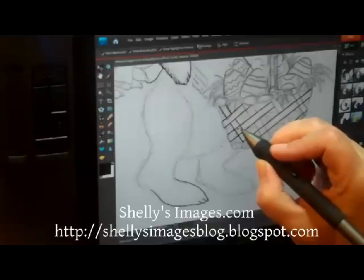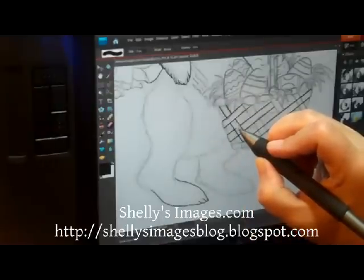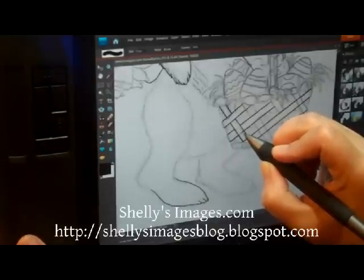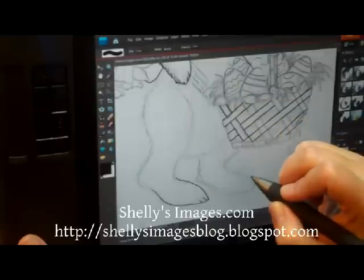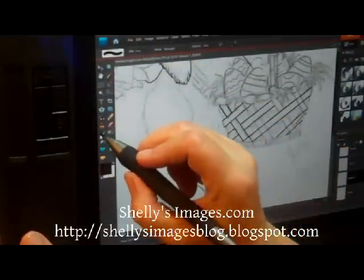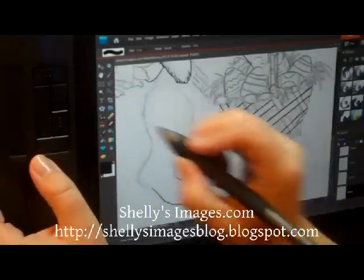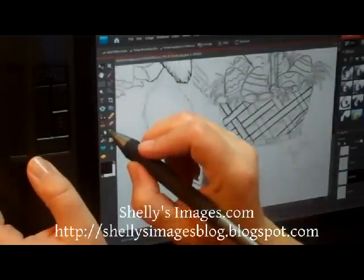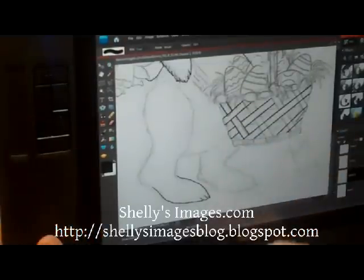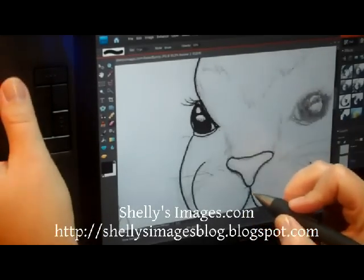So I can click this line. Now this line is the one I'm going to want to get rid of. I can click that, click my eraser tool, and get rid of this line to make it look like this piece goes over. And then on this one, it's this line that I want to get rid of. And so by clicking that little selection tool, I don't have to guess which one is the right one. I can click it and it automatically changes to that layer so that I can erase that piece. So that's just a little blurb about that fun tool